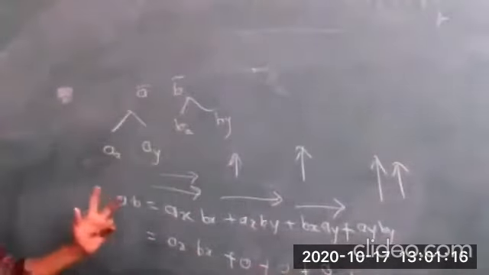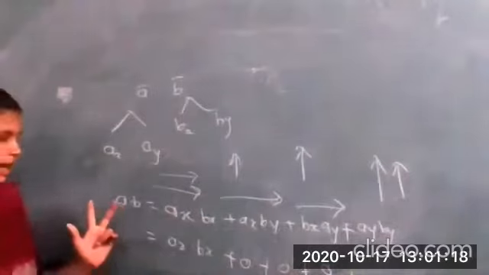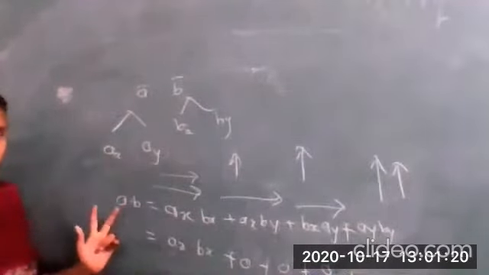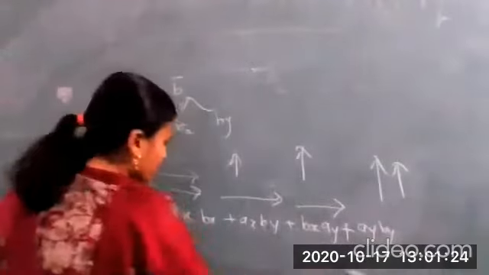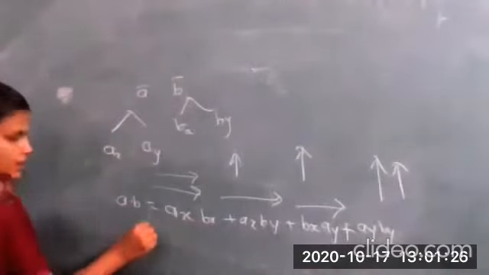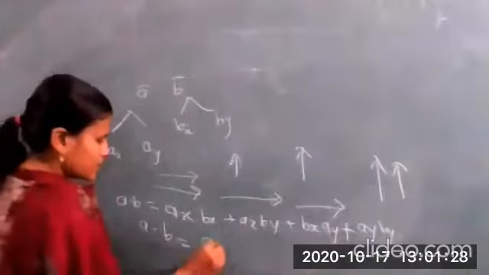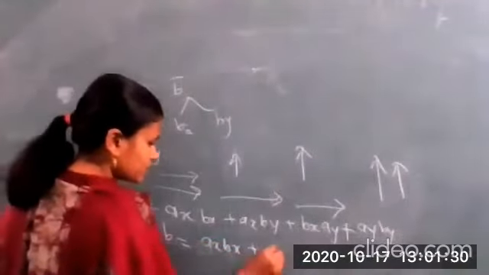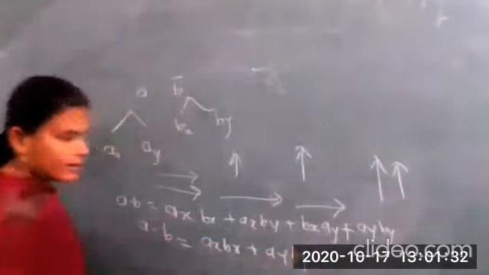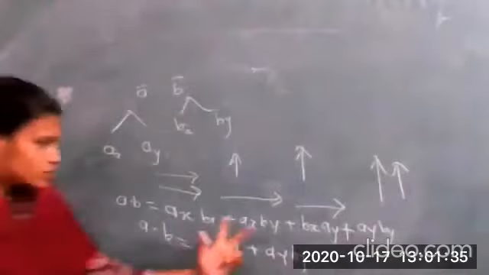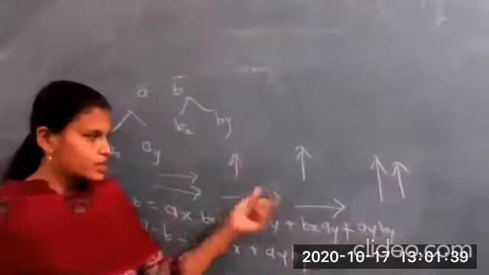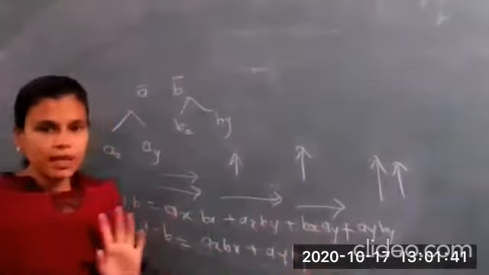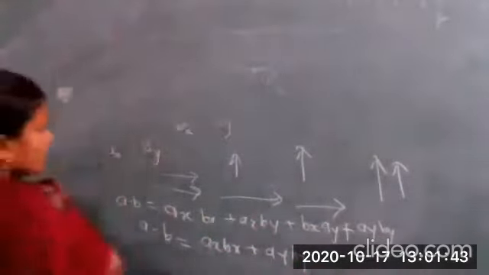Right? So if you have any two vectors A and B, the dot product is simply two terms. What are those two terms? A dot B is nothing but AX BX plus AY BY. Correct? Why? Because the angle between the x and y axis is 90 degrees. So cos 90 is 0. So these two terms will be 0.